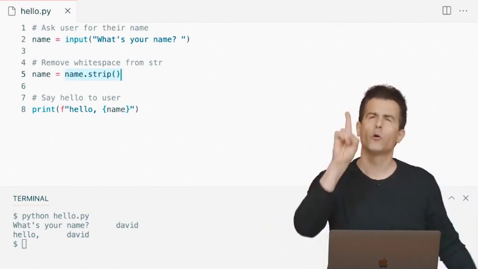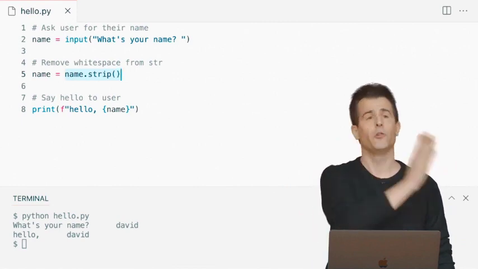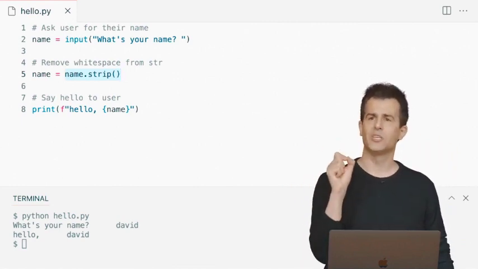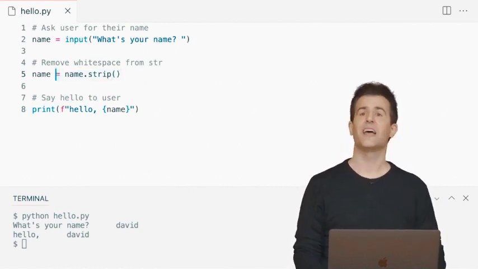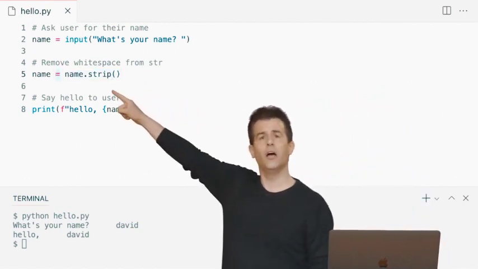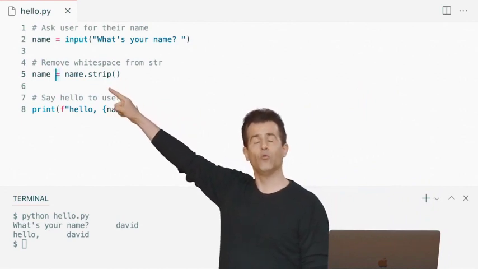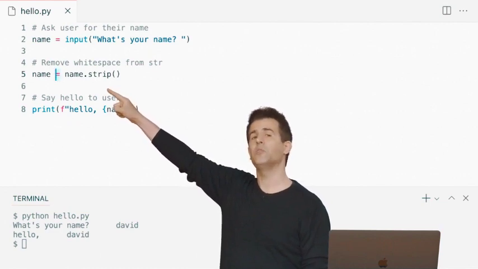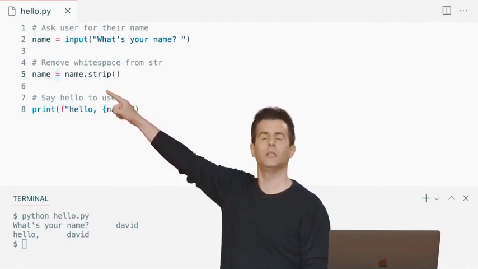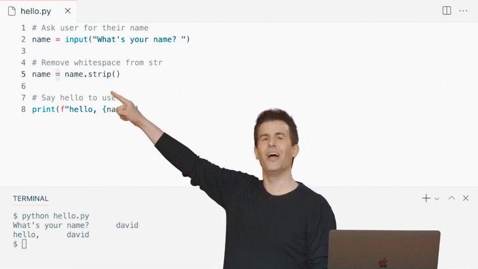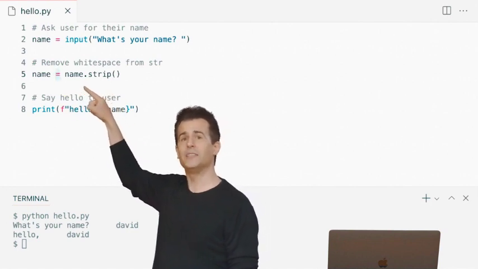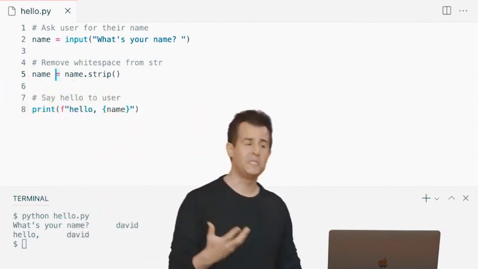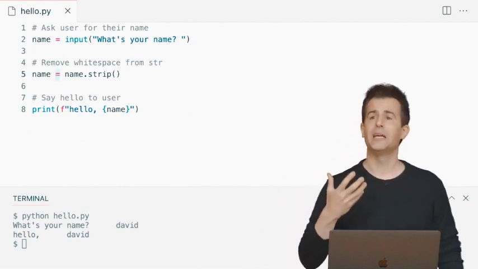But that's not enough. I want to remember that I've stripped off that white space on the left and the right, so I'm going to use the equal sign again here. And notice that just as before, this doesn't mean equality. This means assignment from right to left. So when this line of code here, name.strip, returns to me, aka a return value, it will return the same thing that the user typed in, but with no more white space to the left or to the right. Then the equal sign assignment is going to copy that value from the right to the left, thereby updating the value inside of my name variable.